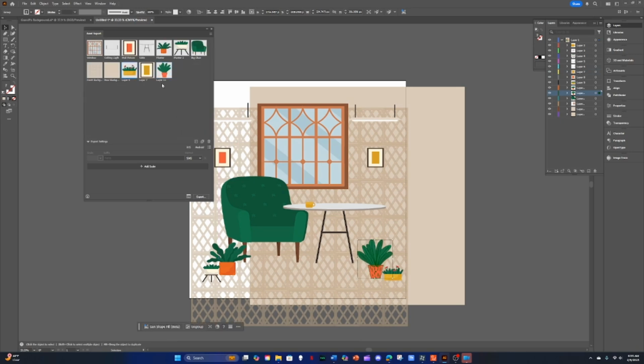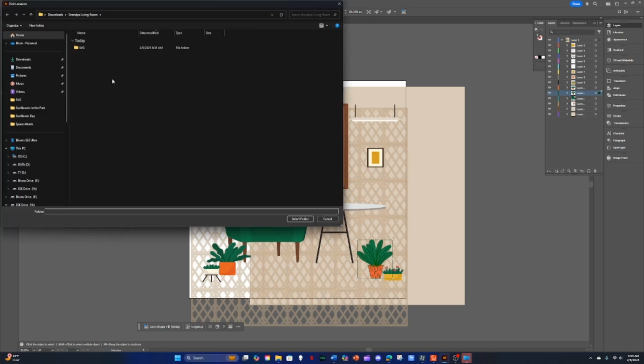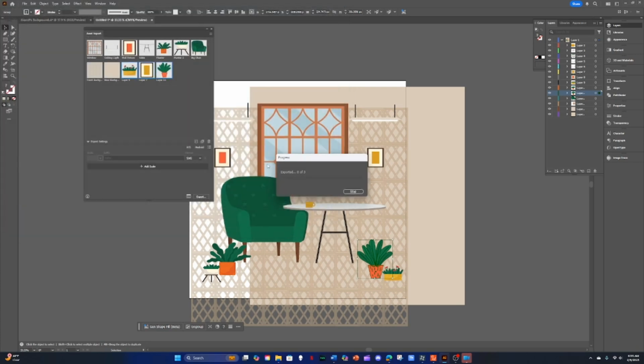Okay, now go ahead and shift click. You want to select them all, just those three. Okay, go ahead and export those to the same folder. Go ahead and select that folder because that's where all the others are. Okay, then send those three over also. Then